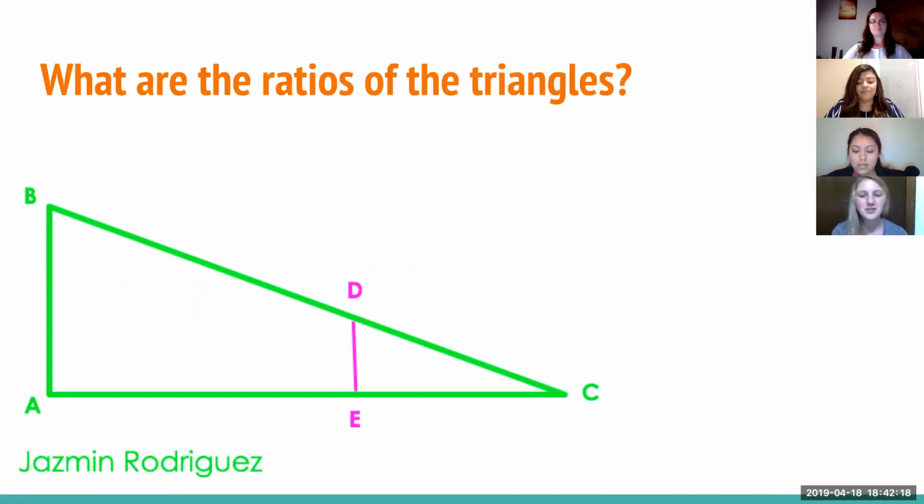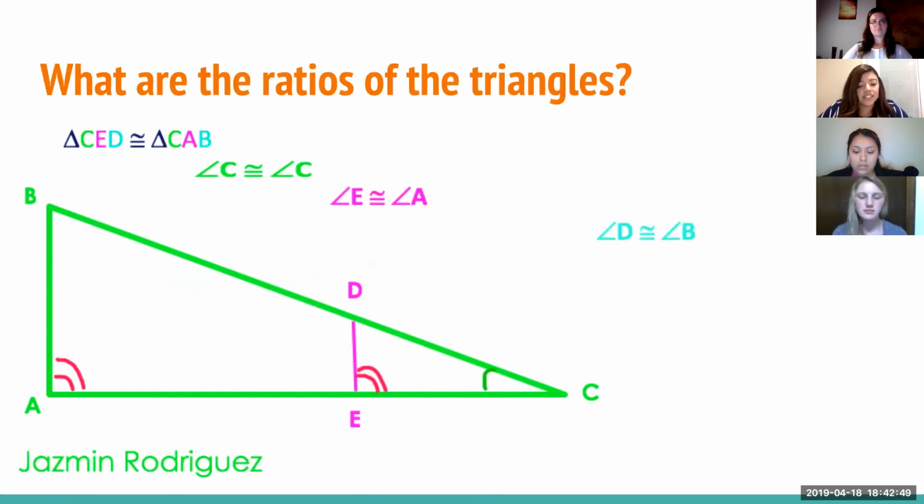Jasmine, what are the ratios of the triangles? Thank you, Claudia. We know that in order for two triangles to be similar, the corresponding angles are congruent and the lengths of the corresponding sides also have to be proportional. We determined that triangle CED is similar to triangle CAB. These two triangles are similar because angle C is congruent to itself. We have angle E congruent to angle A, and we have angle D congruent to angle B. Since the triangles are similar, the ratios are as follows. Segment CE over CA,